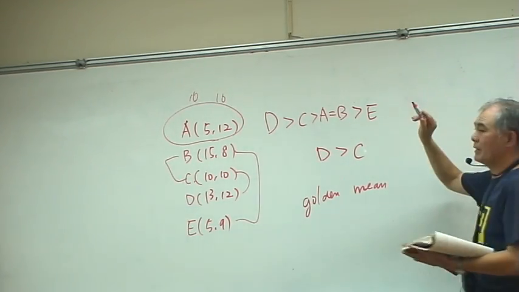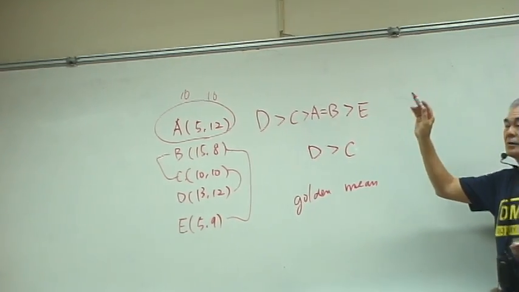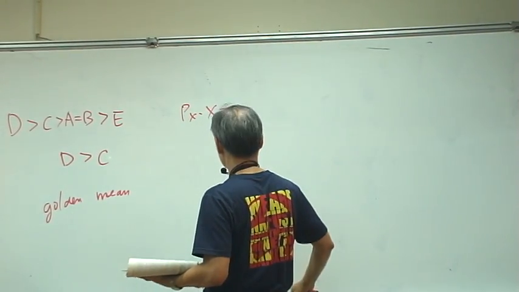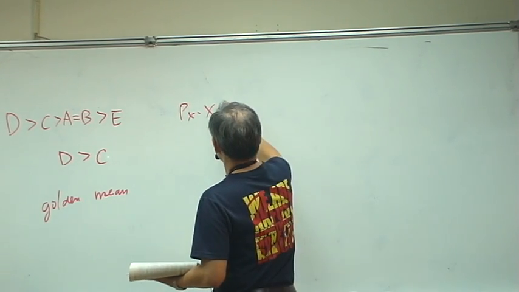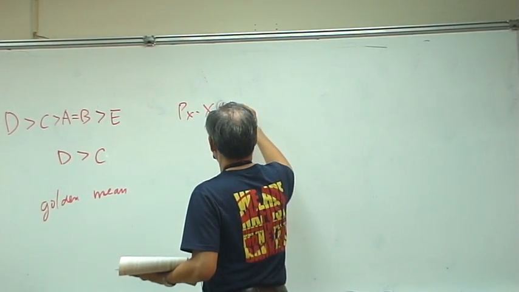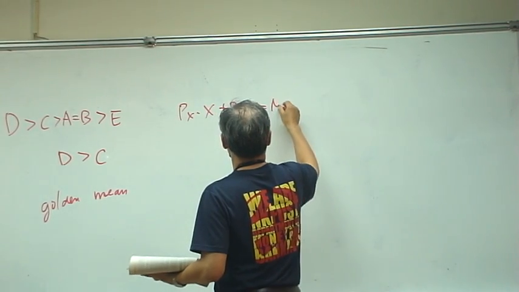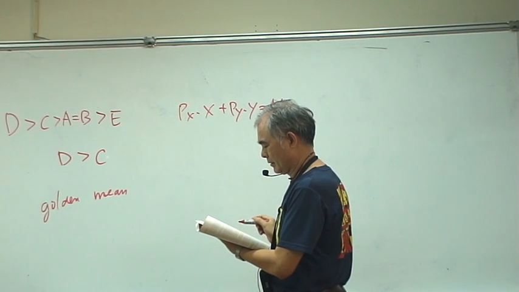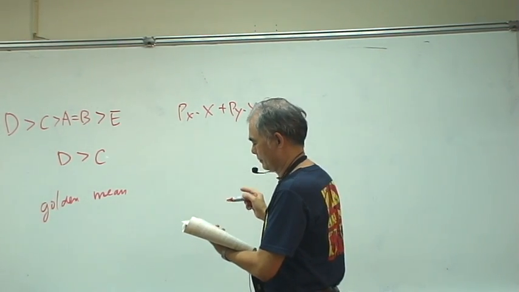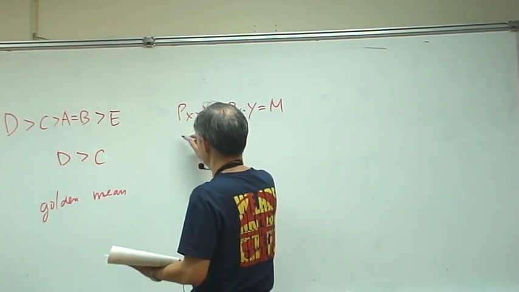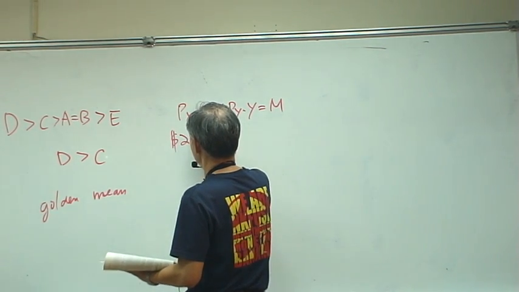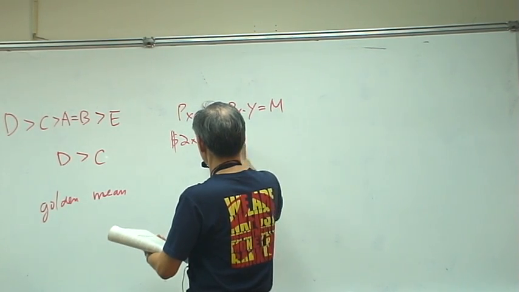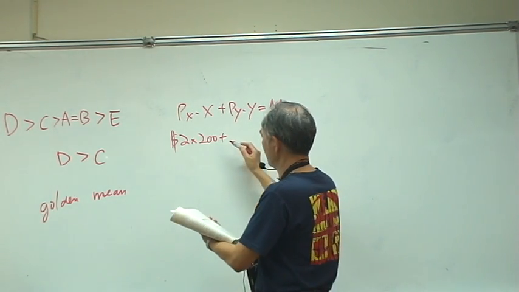So without any kind of information on price or quantity, we have Px times X plus Py times Y is equal to income, okay? And so you have 200 units of X, and the price of X is 2, and Py is equal to the price of 4,